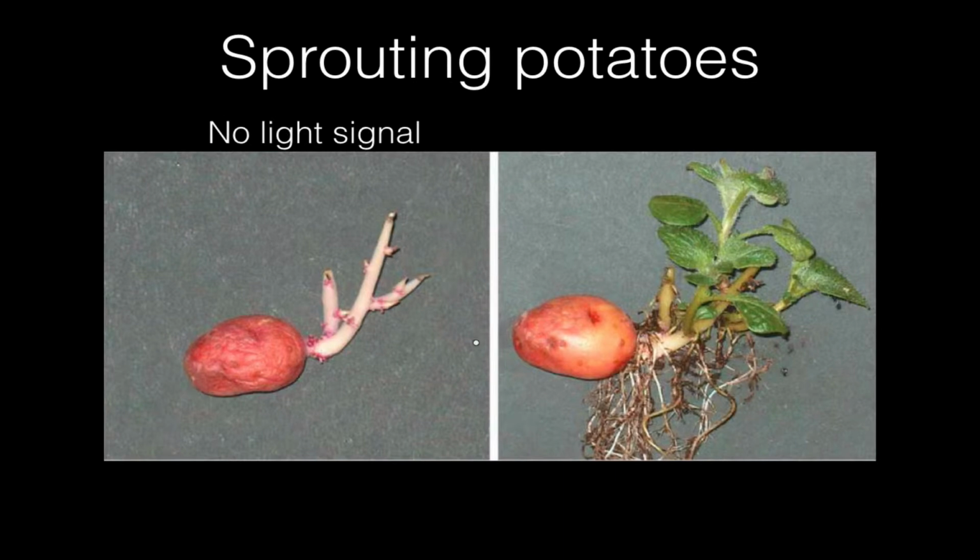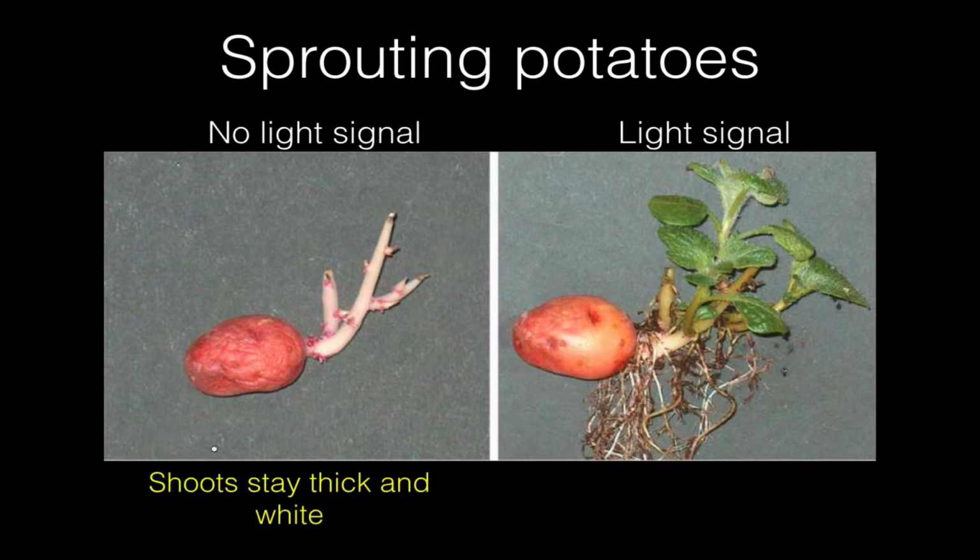But if you take a potato that is sprouting like this and you move it to somewhere where there is light, you give them a light signal, these buds will then develop into green leaves. So you'll get development of chloroplasts filled with chlorophyll and development of leaves. And of course we get development of roots also. So you can see the difference between no light signal and a light signal: shoots stay thick and white versus leaves with chlorophyll and roots developing over here. So that's a very easy to see, very easy to test response to a very simple signal,